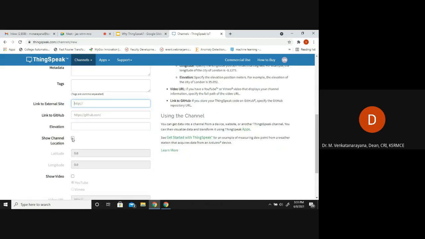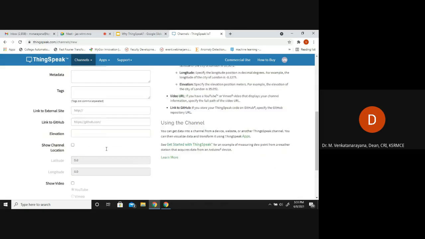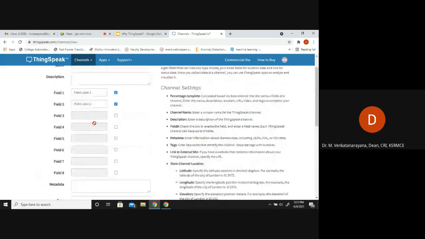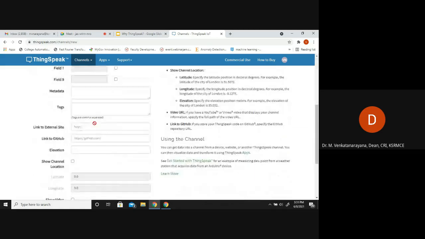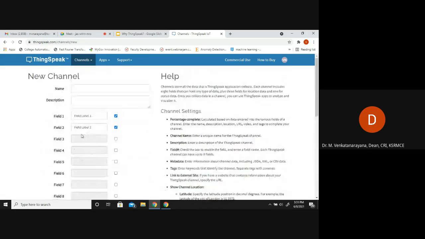Channel location, if we enable it, and we can show a video. For this video URL you have to give your ID and status. If you want to show your status, you can do it. Once all fields are filled, then save the channel.